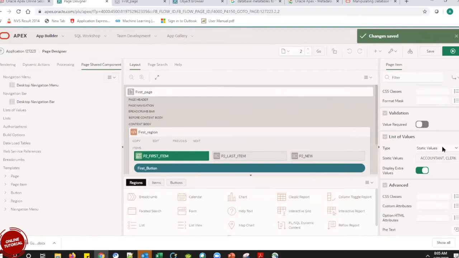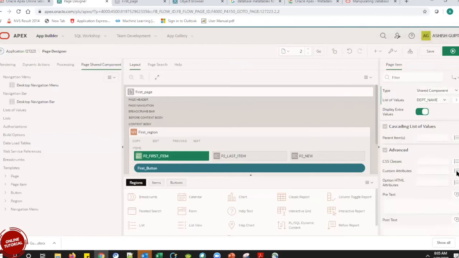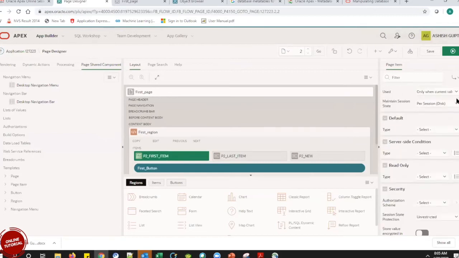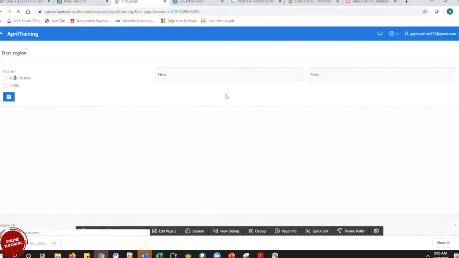We can also write anything again from the shared component and from the SQL query. We are not writing it again and again. I am just going into whatever we have. Okay, so let me save it and show you once more.